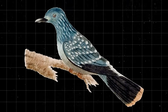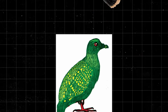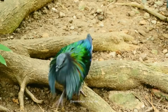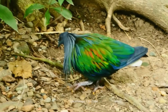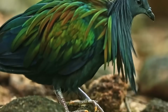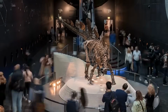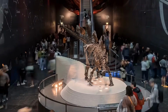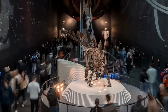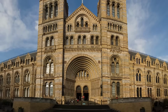Anyway, the Liverpool pigeon is about 13 inches long and has a unique look with yellow spotted feathers. Unlike its ground-loving cousin, the Nicobar pigeon, the spotted green pigeon was likely more of a tree hugger, feasting on fruits up in the branches. Today, if you want to see this rare bird, you'll have to visit the World Museum in Liverpool, where the only known specimen resides. While you're in England, make sure to swing by London and check out the Natural History